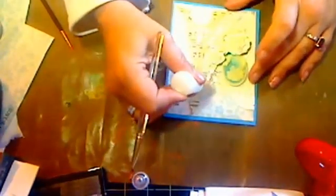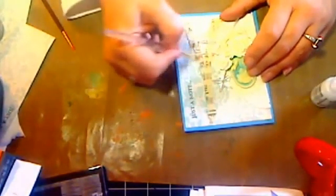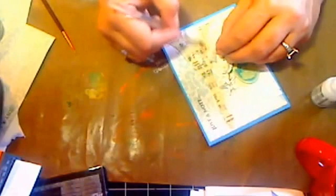Okay, last one, girls. It's like a brush pen, and it's very sheer, and it takes a minute to figure out how to get it to flow. It's like a filled water pen, like a water brush. That's what it reminds me of, because it has a slight brush tip, and it took me a minute to figure out how to get it to puncture the cartridge to release it, but